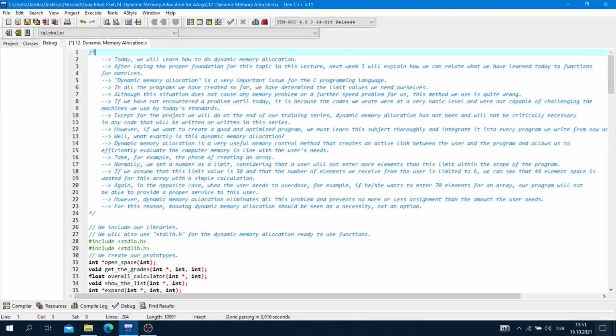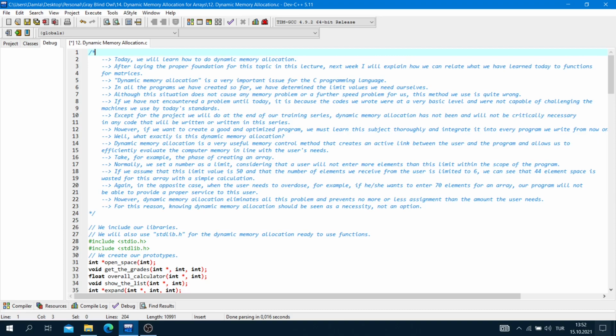If we assume that this limit value is 50 and that the number of elements we receive from the user is limited to 6, we can see that space for 44 elements is wasted for this array with a simple calculation. Again, in the opposite case, when the user needs more, for example, if he or she wants to enter 70 elements for an array, our program will not be able to provide a proper service to this user.